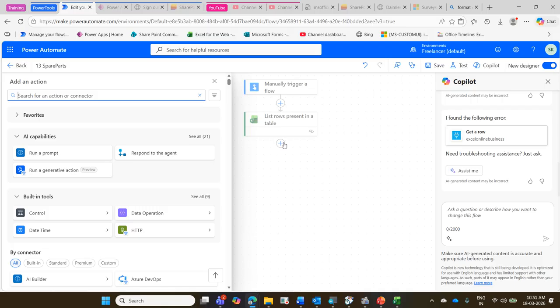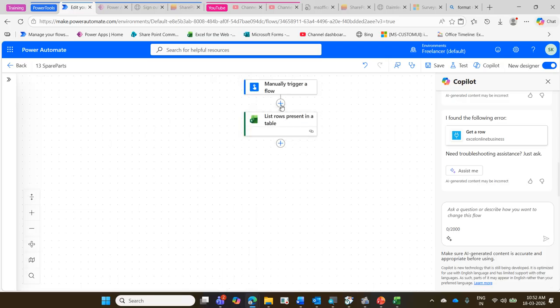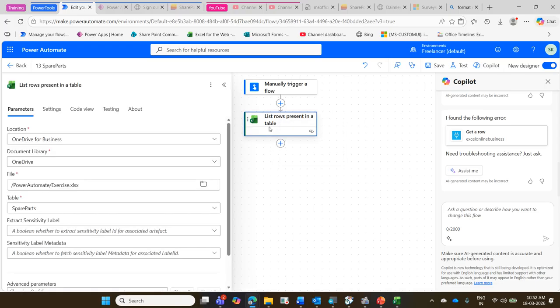No, you add the step again. The list, you remove the step, delete it and add the step. Same list rows present in a table. Done. Then you will get that list. Okay. Thank you. So OneDrive for Business, OneDrive, I selected the folder. That's it. Now what we are going to do is, if the status is delayed, we are going to do